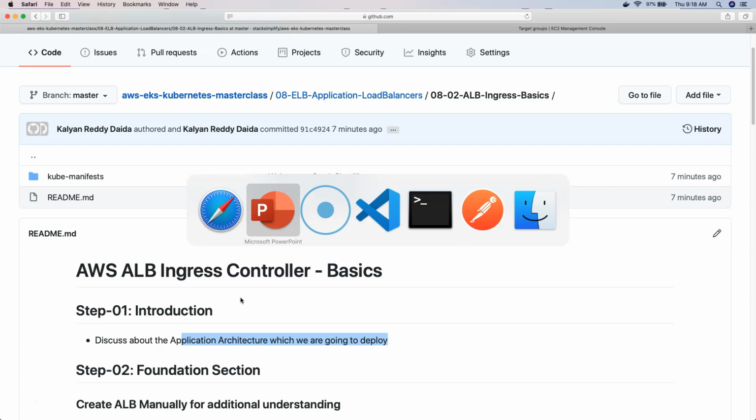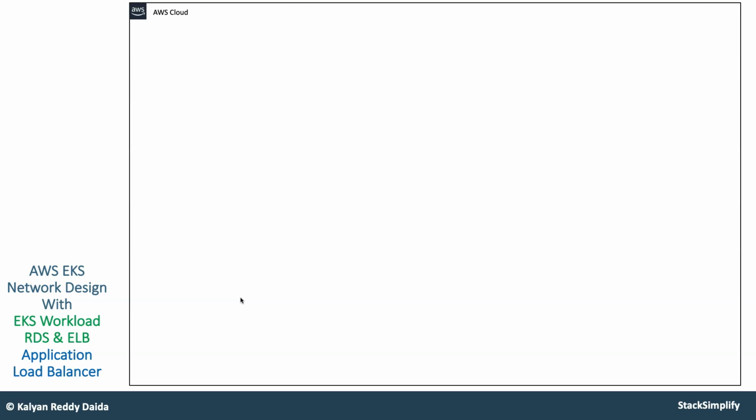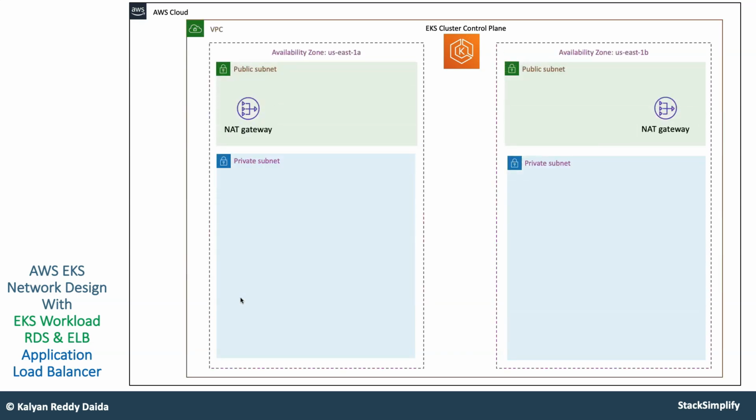Let's go back to our PowerPoint and see the network design of what we are going to implement as part of this section. In AWS cloud, whenever we create the EKS cluster, which is nothing but the control plane, it automatically creates the VPC, the public and private subnets, and also the NAT gateway.